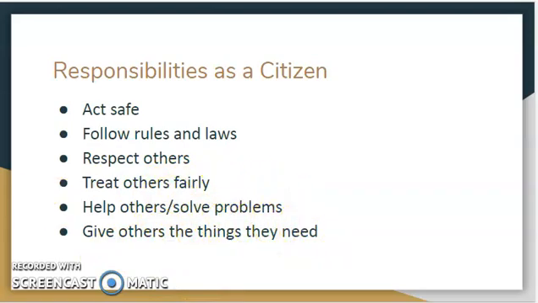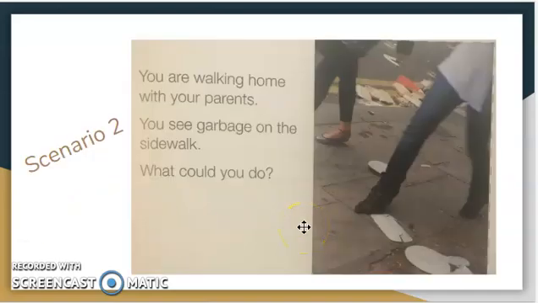How can we solve the problem in scenario number two? Well, if you're walking with a parent or with a family member and you feel like you really want to pick up some garbage and help out, you really have to ask first. But it is our responsibility to keep our places clean, to keep our environment clean. So instead of throwing more garbage, we could stop throwing garbage. We have to take care of our environment. So one of the things that we could do would be to not throw any more garbage, and maybe ask if we could help out and clean a little bit. So that would be another responsibility that we would have.